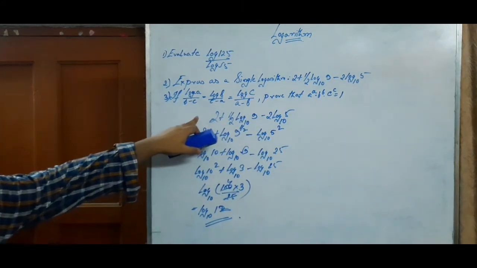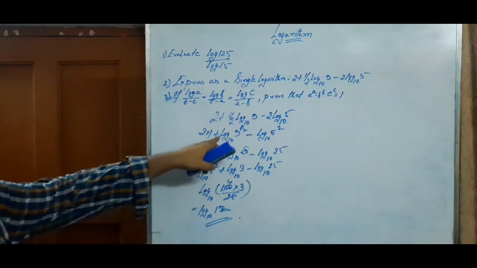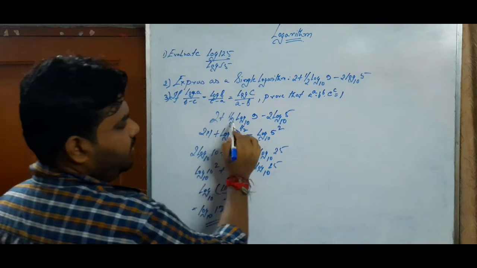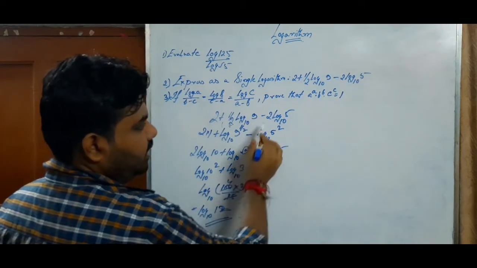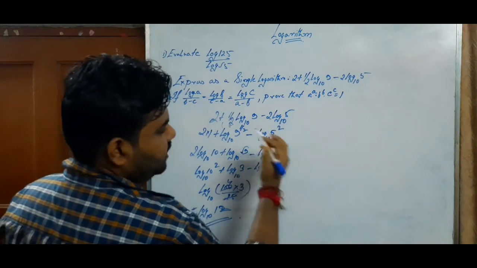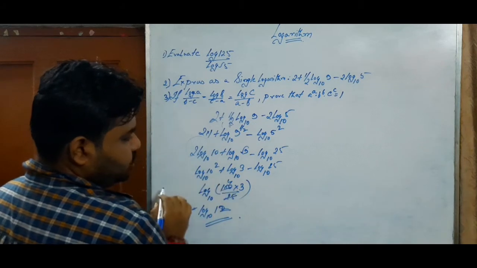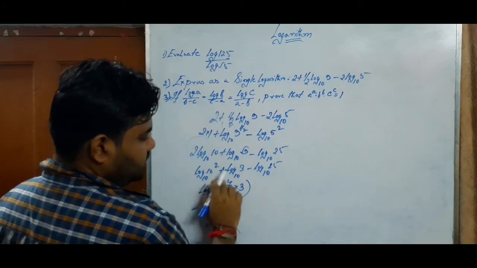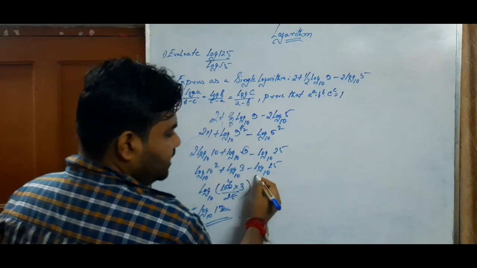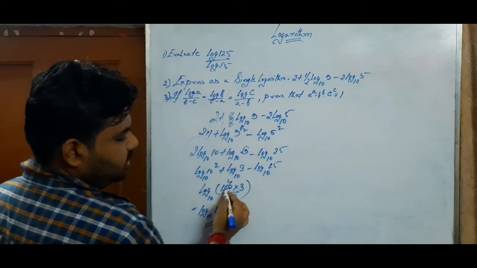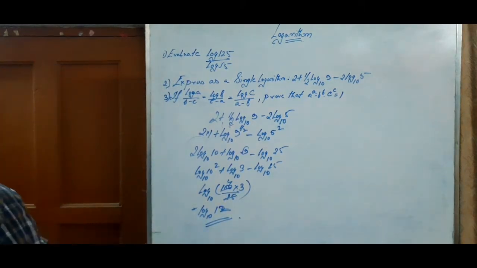Okay, in case of 2, we can write 2 into 1, that is log 10 base 10, and this is the power. Half is the power, therefore 9 to the power half, that means root over 9, and 2 is the power, that is 5 squared, that is 25. Therefore this is also a power, that is 10 squared. Since log a plus log b will be log a into b, and this is a minus sign, it will get divided, that is 100 into 3 by 25, that is log 12 base 10.